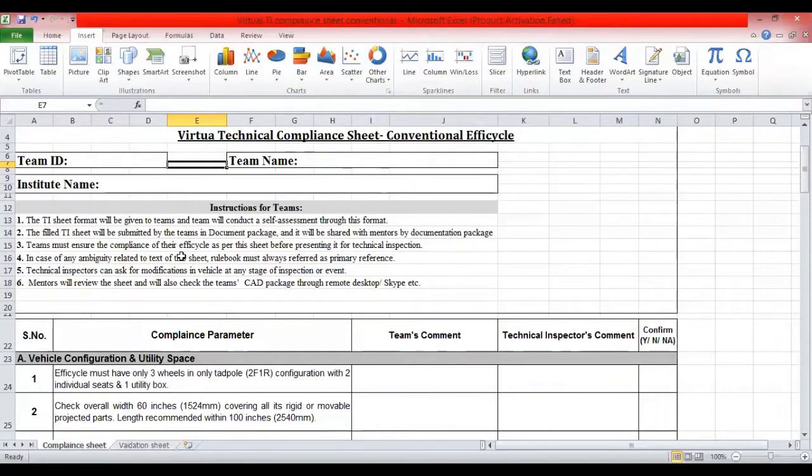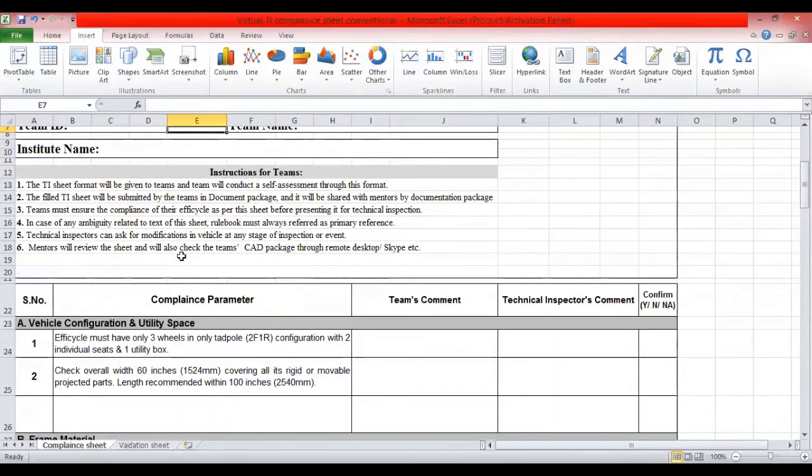Some of the points are very simple and self-explanatory. You can understand from that. What you have to do during your virtual TI is that the first sheet is the compliance sheet, in which we have given 24 points for conventional teams.